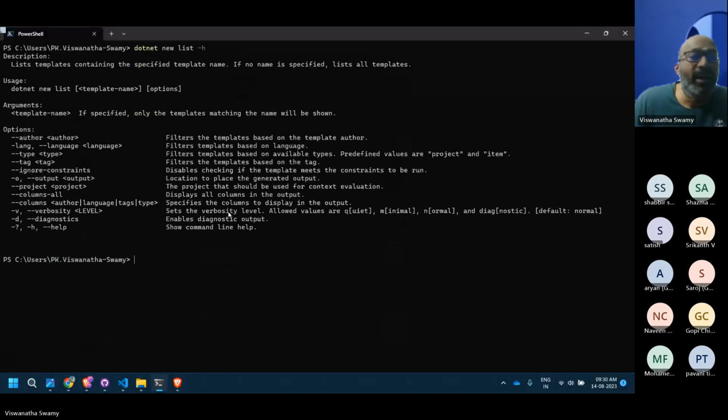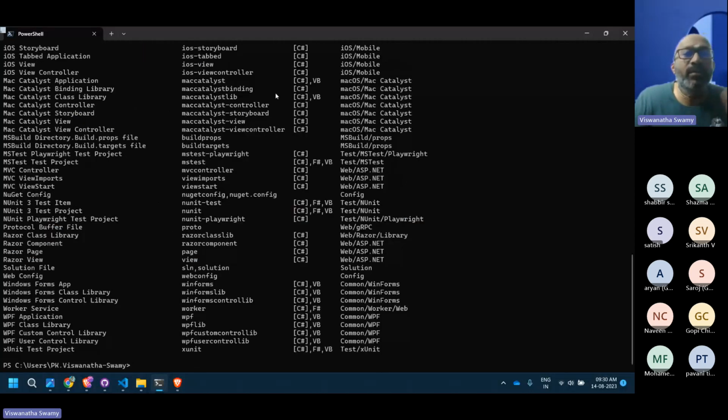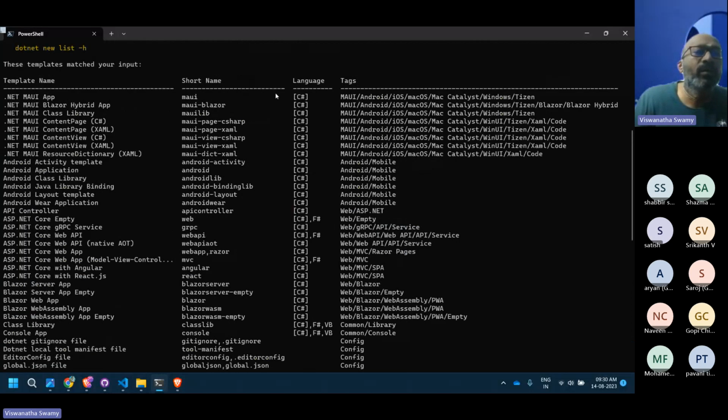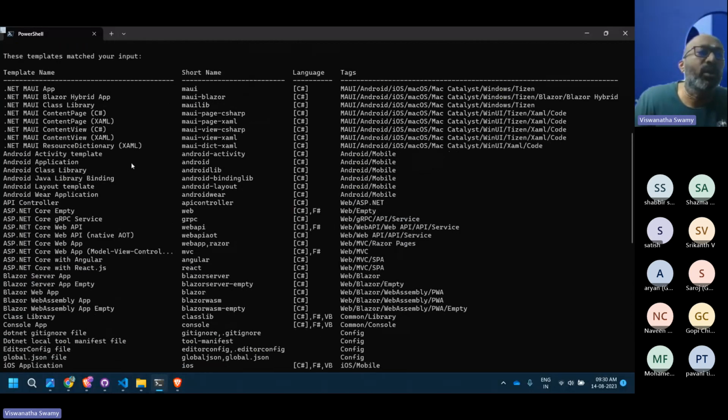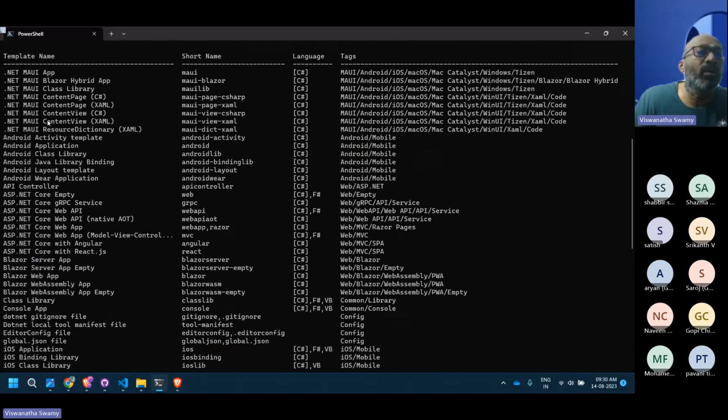dotnet new list --help show. Oh, it's not giving the desired one. We need this full list. Maybe in future they will do it, but this is the one which will give you the full list. So we will be using the short name, but the templates are this one, .NET MAUI